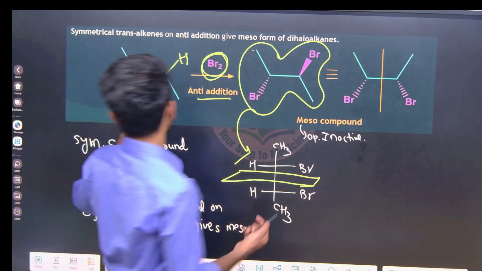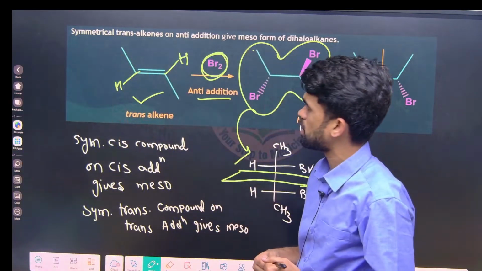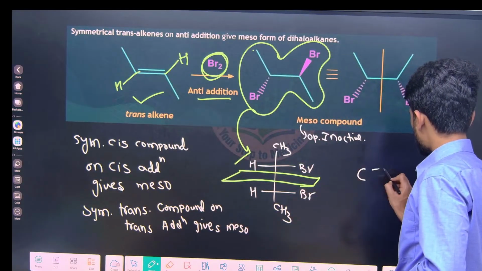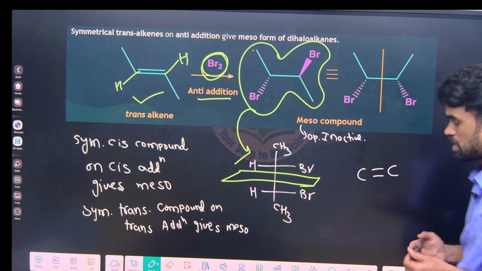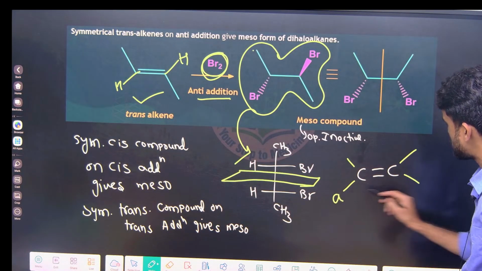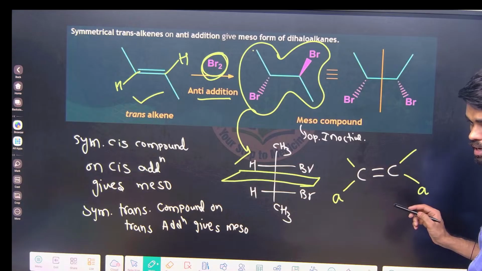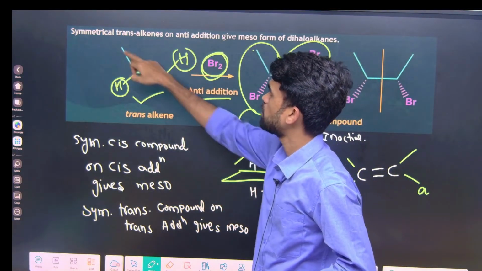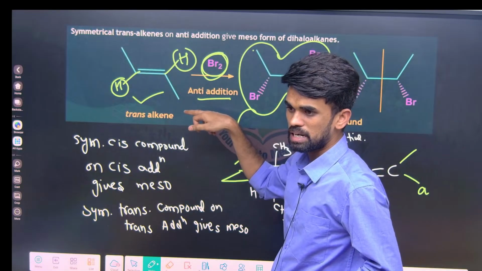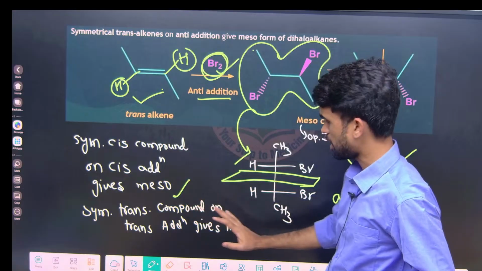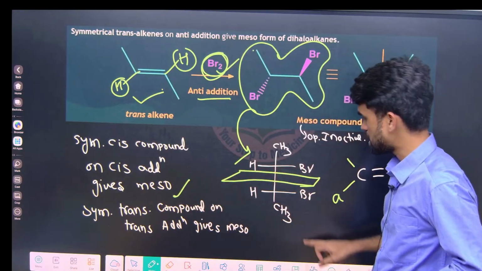So tell me, is this symmetrical trans or symmetrical cis or what? See, what do we mean by symmetrical? In the double bonded alkenes, like this, there are alkene carbons, and on both sides, whatever groups we have should be the same, like AA. See, this side hydrogen, here also hydrogen, here methyl. So a symmetrical trans compound and trans addition gives us meso. Okay, like this you need to remember. Okay, next one is